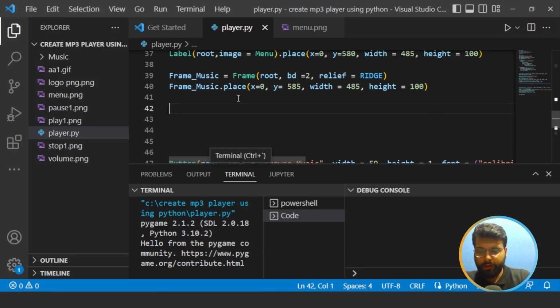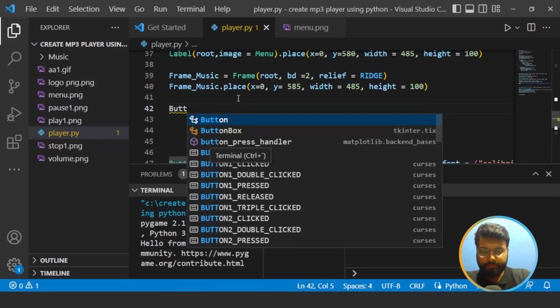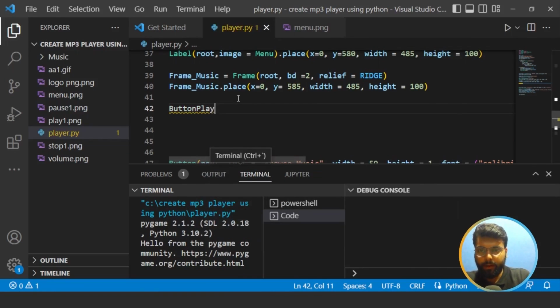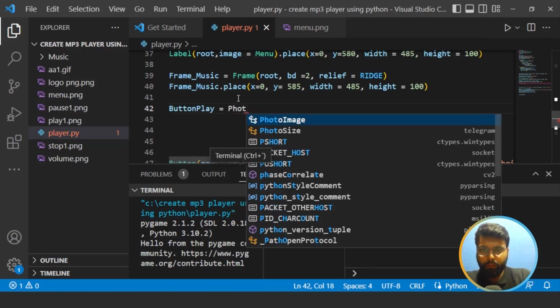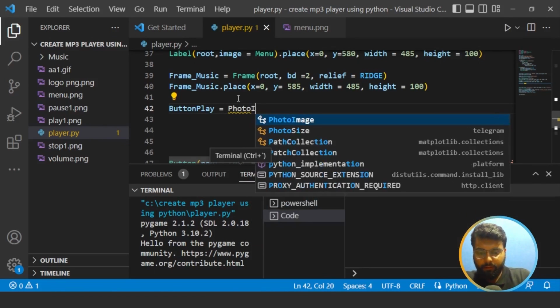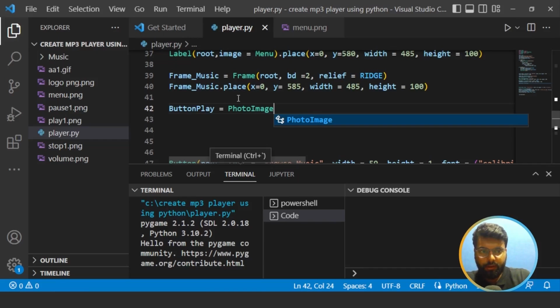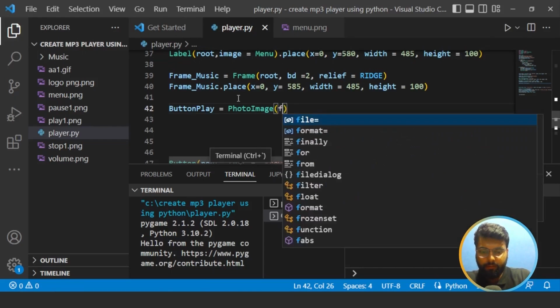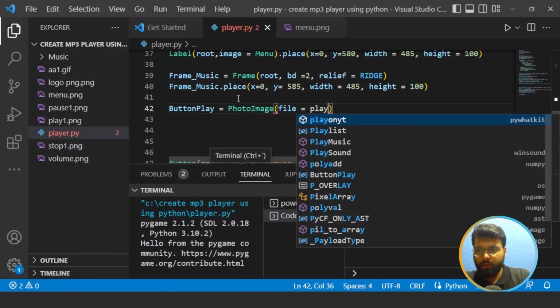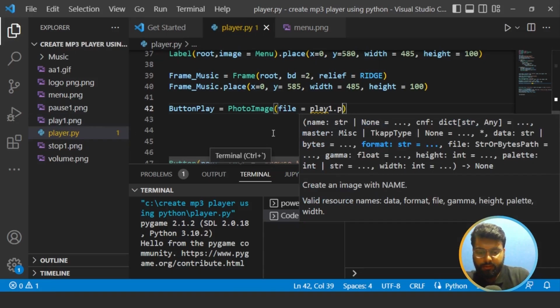So first we'll create the play button. For that we will create a variable and name it as button play, and we will use a picture for that button. That will create a PhotoImage object and pass the file for it, and we have that file name play1.png. So we'll just write the name of that file in inverted commas,